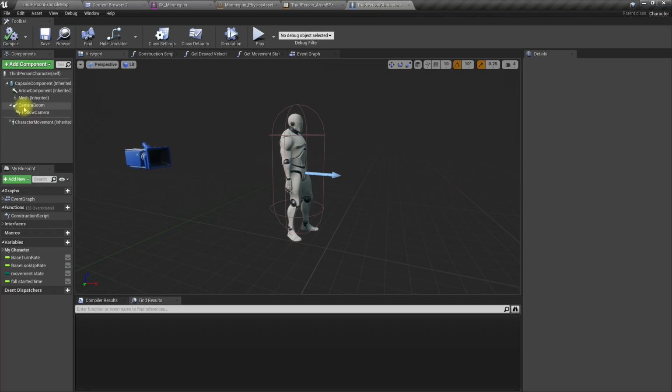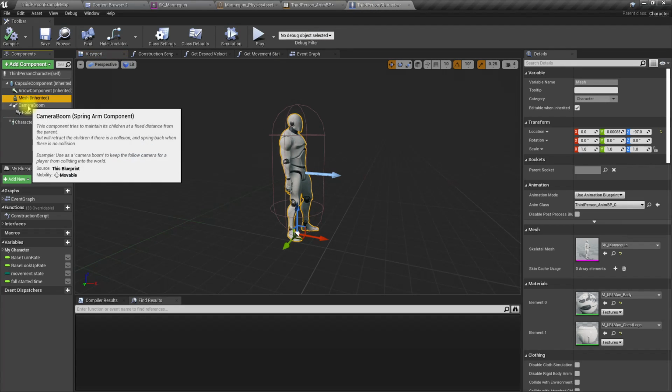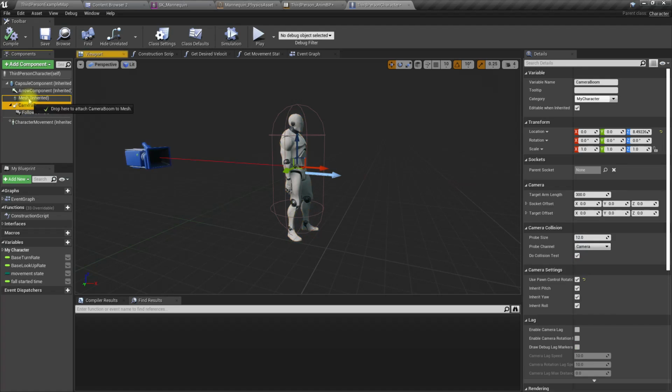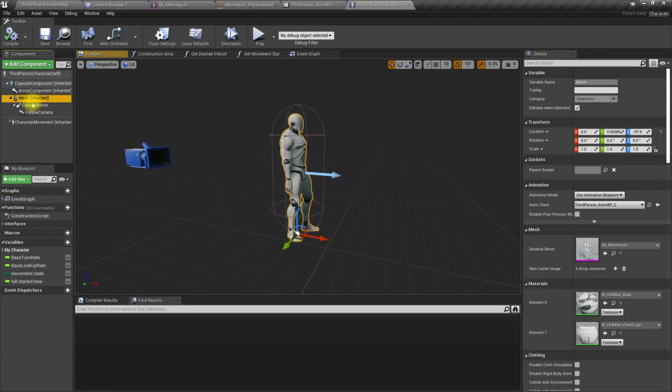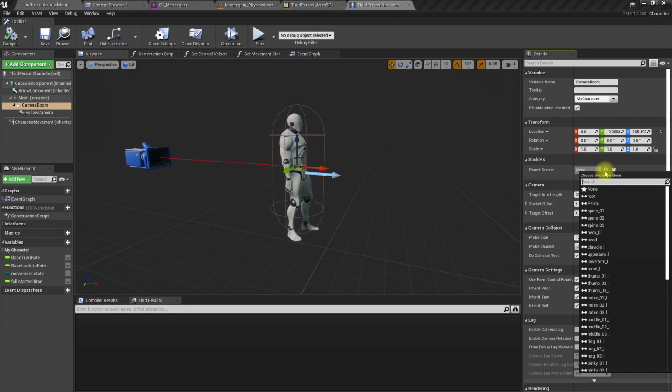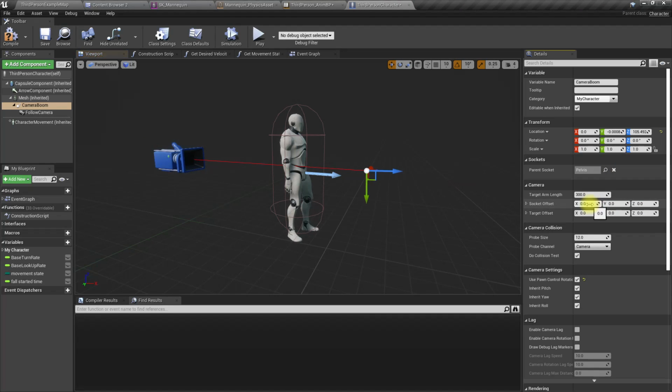So how to prevent that? Well, we have to attach the camera boom to the mesh. Let's attach it to the pelvis.